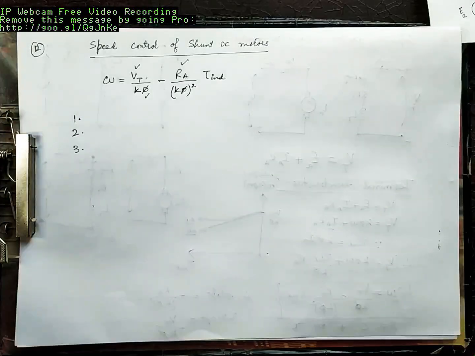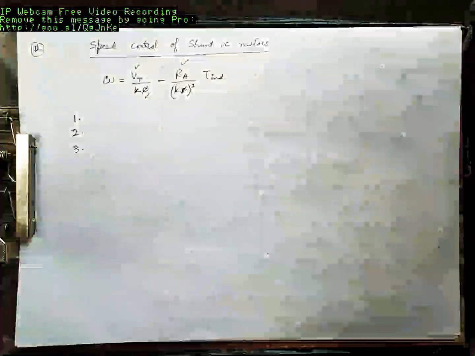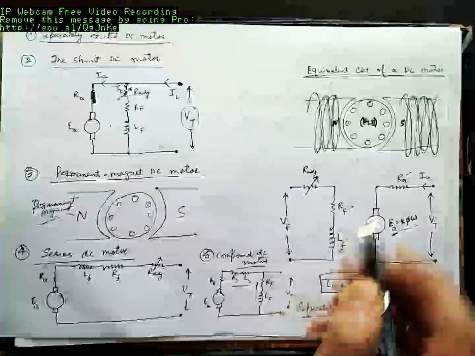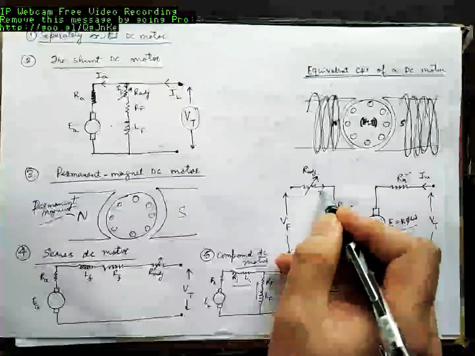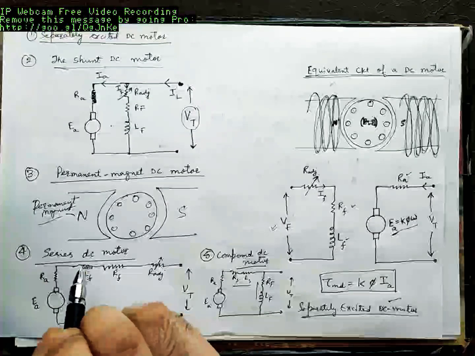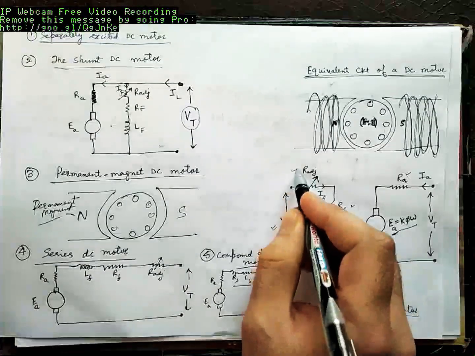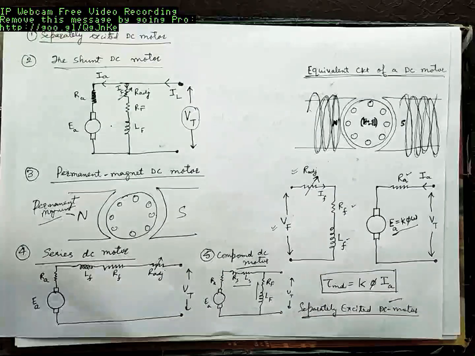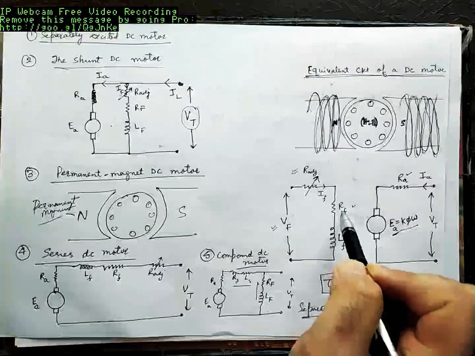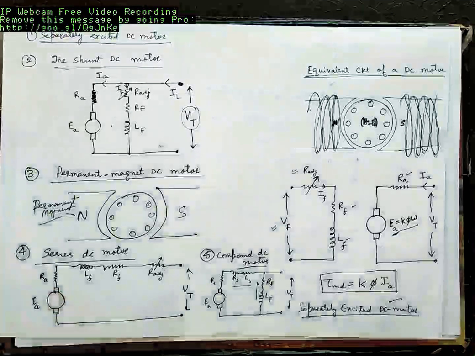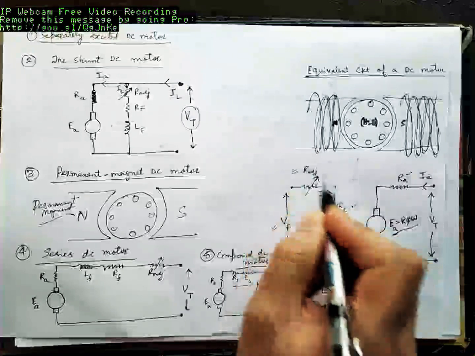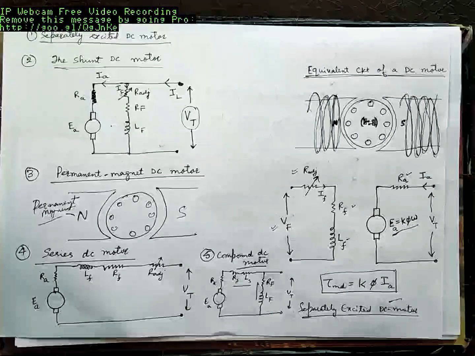How can we control the flux here? We can control flux by controlling the field current IF. Since Vf is constant, how can we control IF? We can control IF by adjusting this resistance R adjustable over here, which I have merged together with the RF, and together I call this RF. RF is R adjustable plus RF. You can call this RF prime. So we can adjust this field resistance to change this current IF over here.